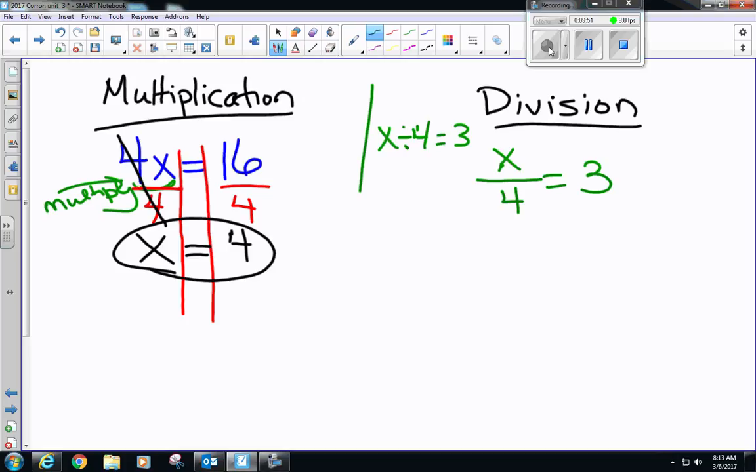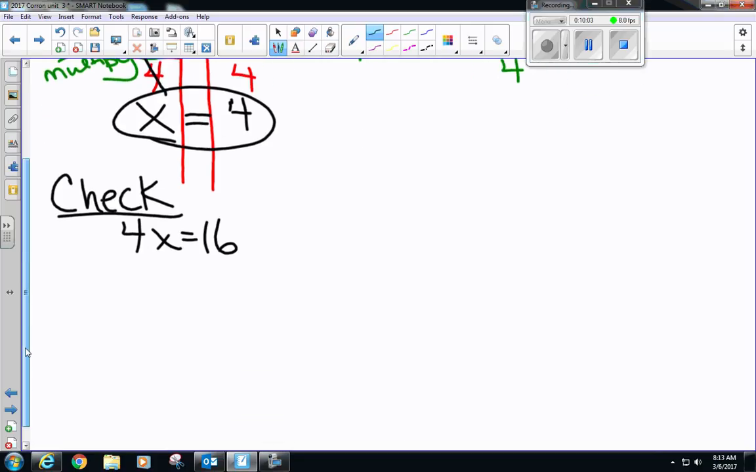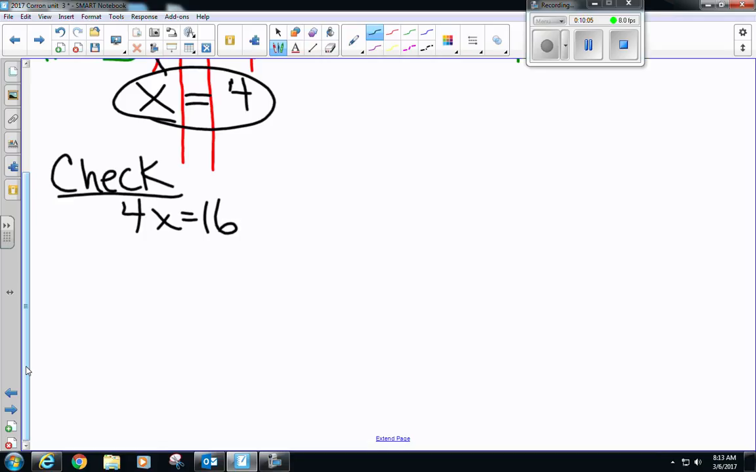And then to check it, remember, you're doing the first. Everybody got the top chunk? So I can move it up. You write the original first. Now here's where you've got to be careful. Remember, you're not just sticking the 4 in the place. It is multiplication. You can either use a nice big dot here